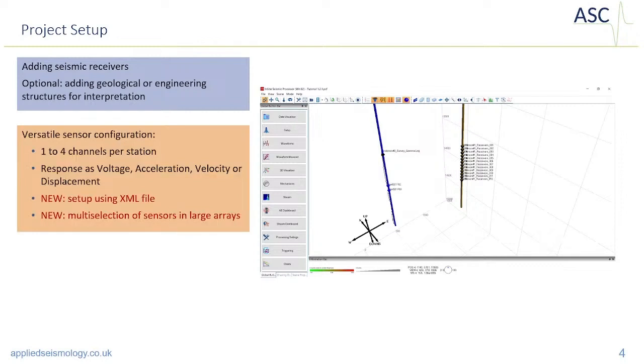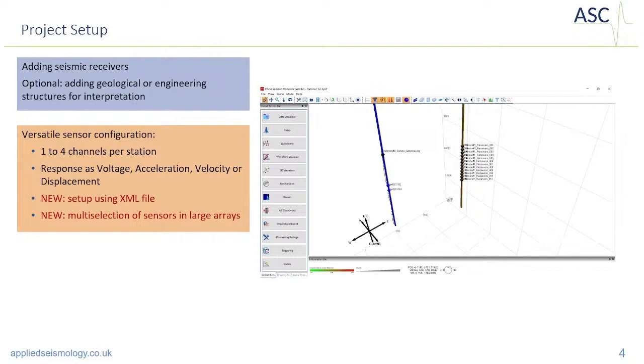It allows you to configure your sensors in a versatile manner. You can add 1 to 4 channels per station. You can work with many different responses, such as voltage, acceleration, velocity, or displacement. And in the new release, you can also set up your project by directly importing station XML files, which are typically available in monitoring using surface stations. Most of these stations export their own XML file, so that can be imported into InSite,